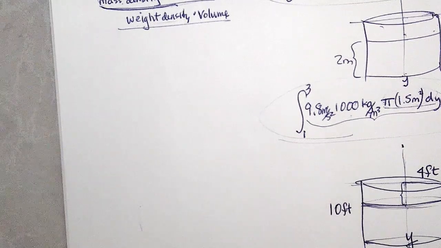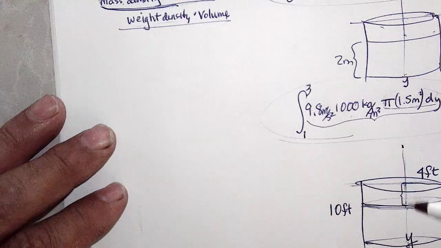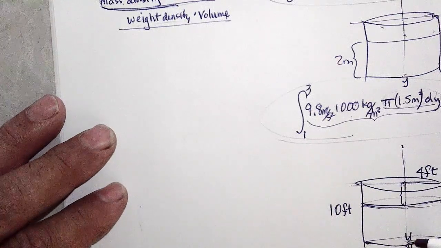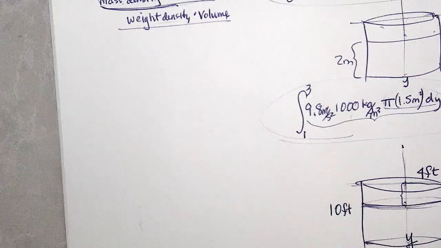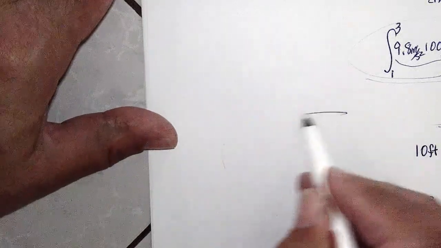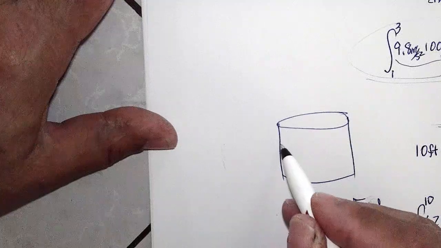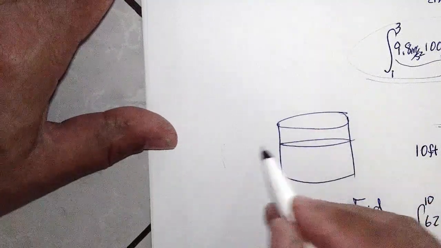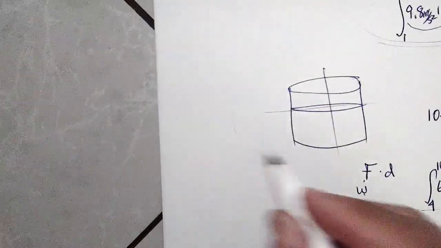Okay? And you can see the difference between putting the coordinate system at the top versus the bottom. We could have put it here, and then it would have been, let's see, let's do that. What if I'd put the coordinate system at the top of the water? And I'll do the English one here. So it would have been